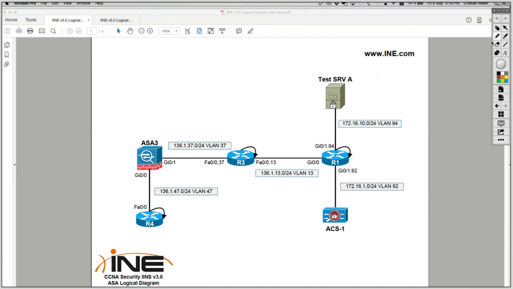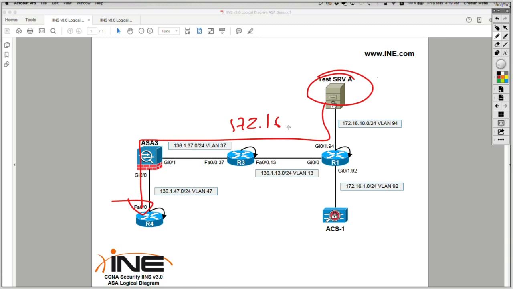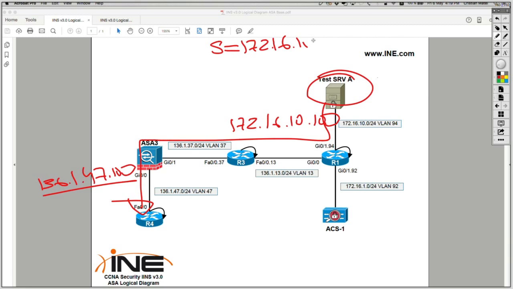Now let's do policy NAT. Let's assume what I want is the following. As server A sends any traffic out on the internet, the ASA is going to NAT server A's address of 172.16.10.100 into 136.1.47.100. But let's say that if traffic is sourced from server A, 172.16.10.100, and is destined to, let's say, the loopback of router 4,